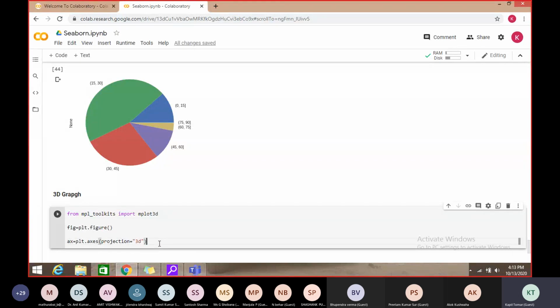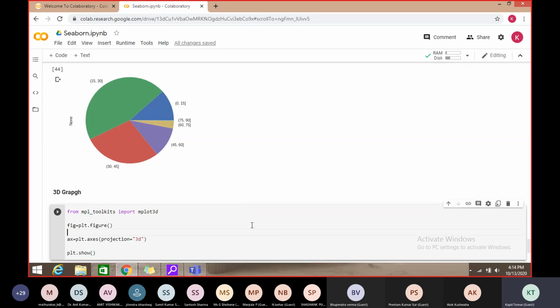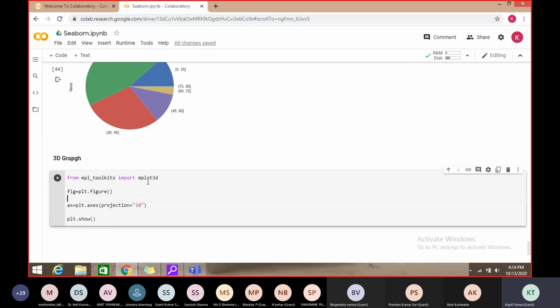Then plt.show. We'll just check the code. Just import mplot3d, figure plt. plt is matplotlib. So we draw the figure, and plt.axis projection is equal to 3D, and then call the show method.